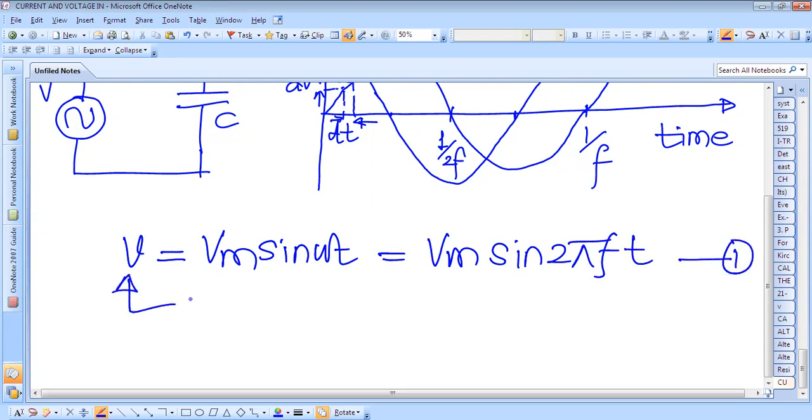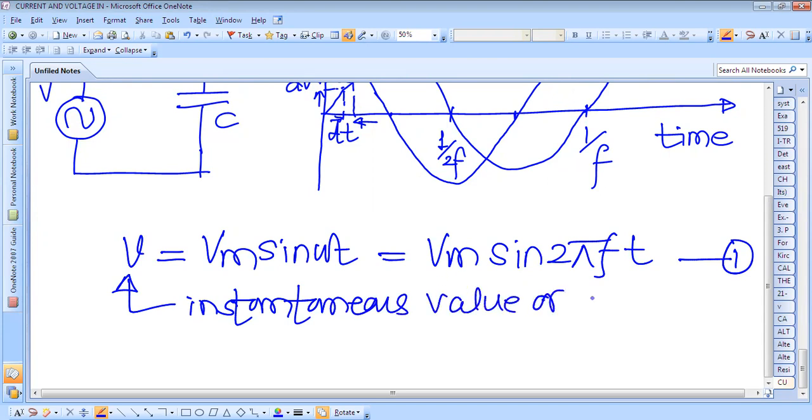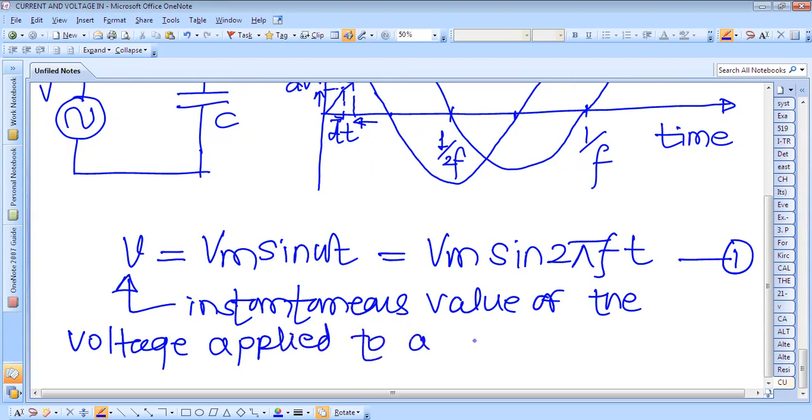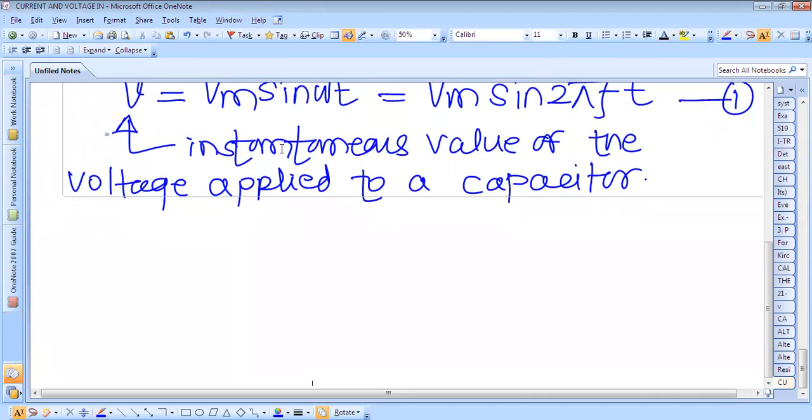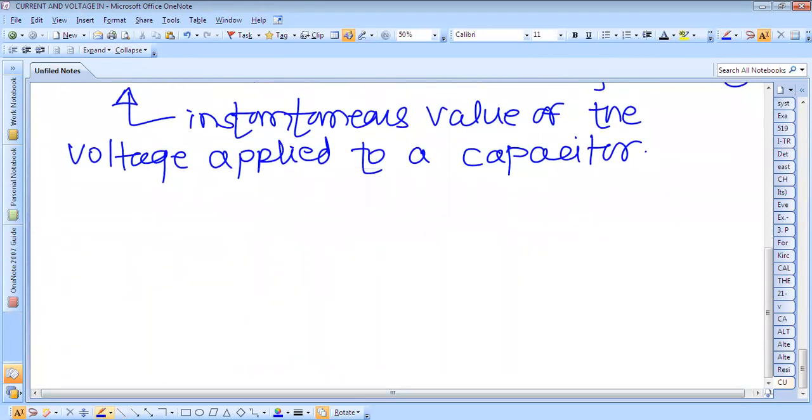So what is this v? This is the instantaneous value of the voltage applied to a capacitor which has a capacitance of C farads. Therefore, we have considered that the applied voltage increases by a small amount